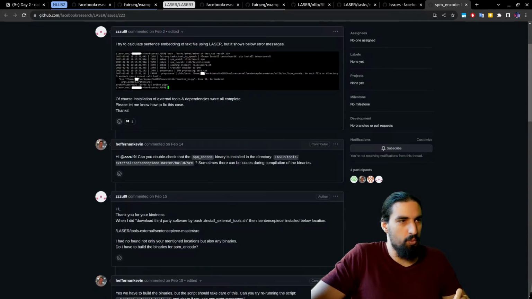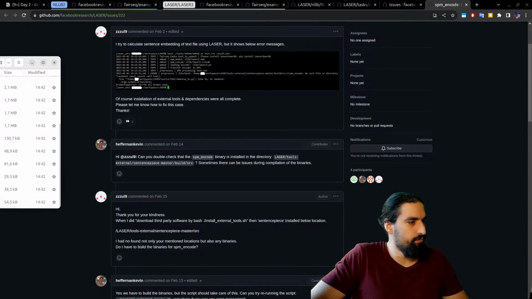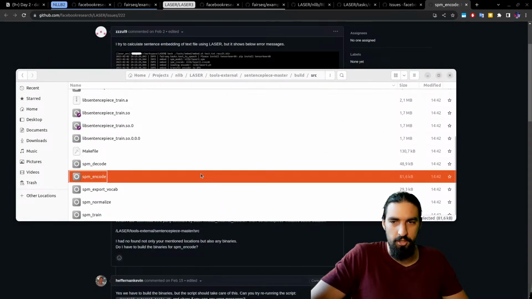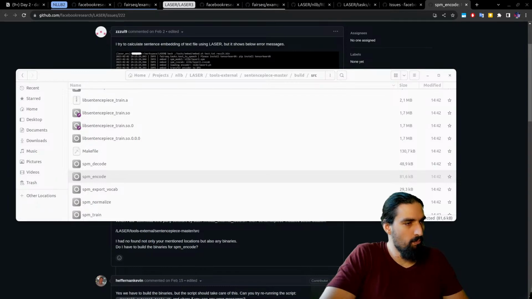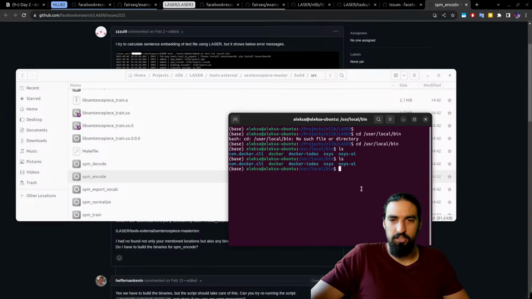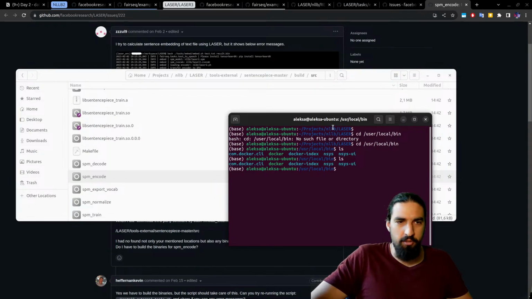Is it in build source? Okay, I see the SPM encode here, so we are good there. Let's just see whether it can be found. Yeah, but it's still not installed here. So we can just copy it there, or